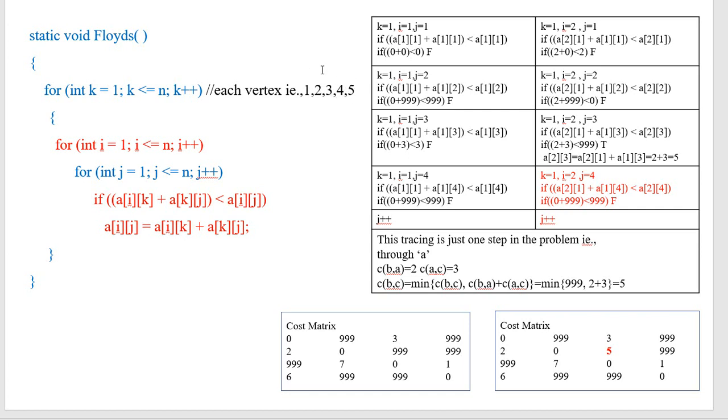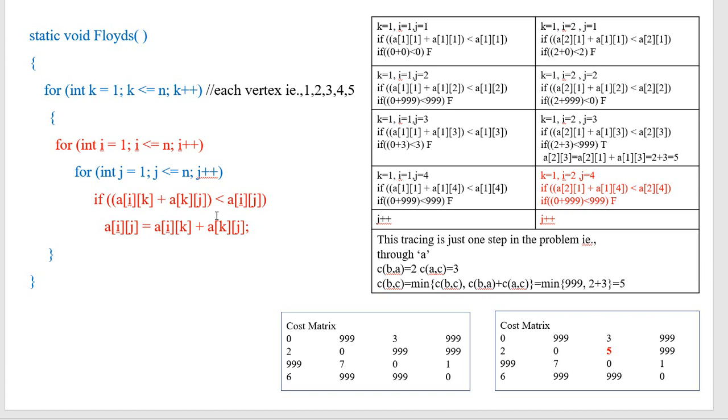This is the statement you have used in your algorithm itself: d of ij equal to min of d of ij comma d of ik plus d of kj. That is nothing but, if you take the help of an intermediate node, are you going to get a lower cost to reach vertex j from i?